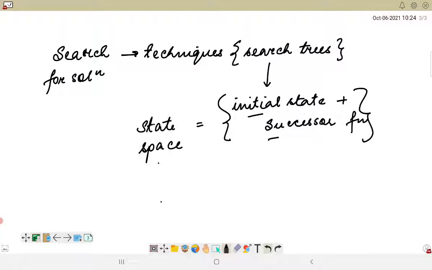Now in general we may have a search graph rather than a search tree when the same state can be reached from multiple paths. Suppose I have to reach from point A to point B and I have multiple routes via which I can move from A to B. This is basically known as a search graph instead of a search tree. So it depends entirely upon the states which are available in order to classify the problem as a search tree based problem or a search graph based problem.